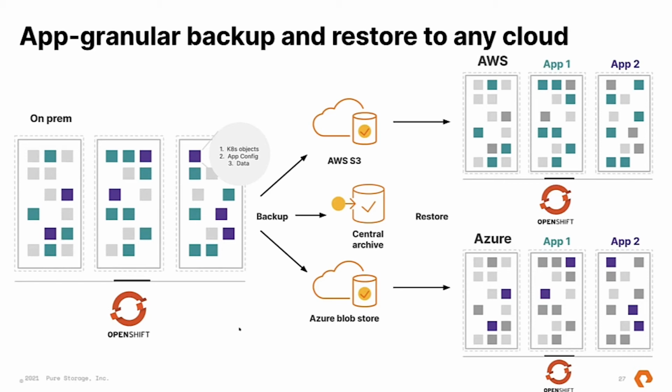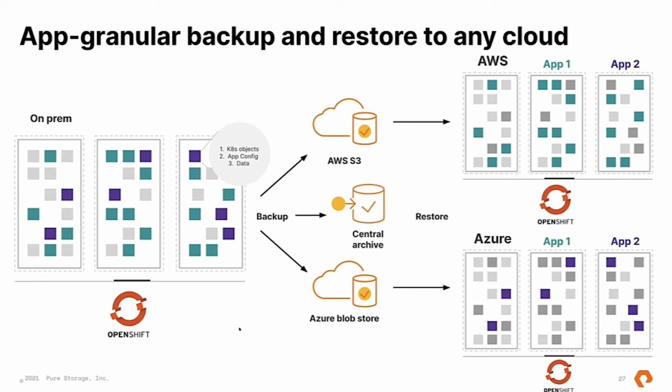What Portworx is able to do is provide app granular backup of the OpenShift cluster, of the OpenShift application, or even down to the container granular level. So it might just be, I want to capture these 3 containers, or the namespace level. I want to capture everything associated with the namespace demo, or I want to capture everything associated with the namespace production workload. We're able to maintain application awareness, capture the objects, capture the app configuration, capture the data, and back it up to any S3 endpoint, to Azure Blob Store, to a central archive,